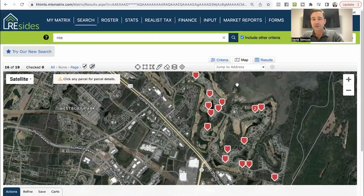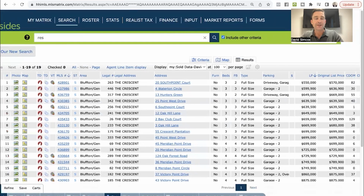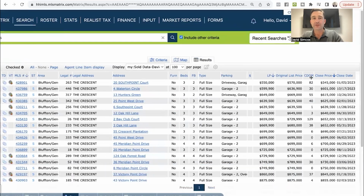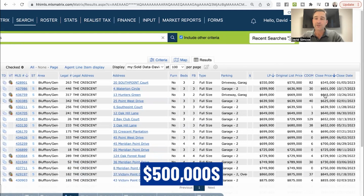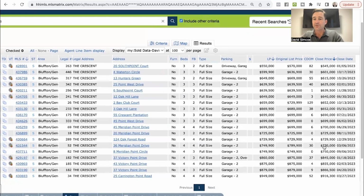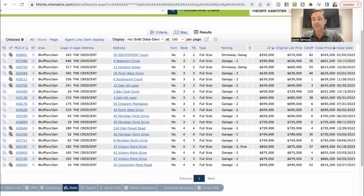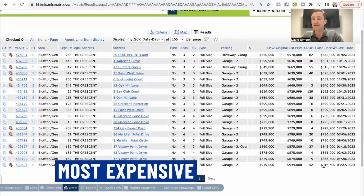And let's just look and see what the prices are like in there over the past year. All right, so it looks like we have a total of 19 sales over the past 365 days. And these are a little bit higher priced than what we've been seeing in the other communities up until this point. We've got one home in the 500s, and then we have quite a few homes in the 600s, quite a few homes in the 700s, a couple of homes in the 800s, and the most expensive sale in the neighborhood over the past year is